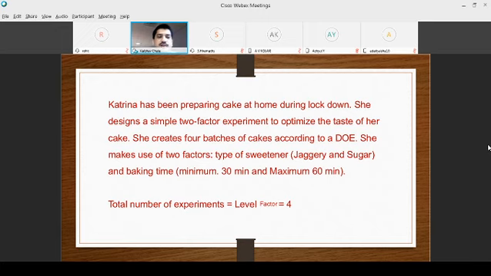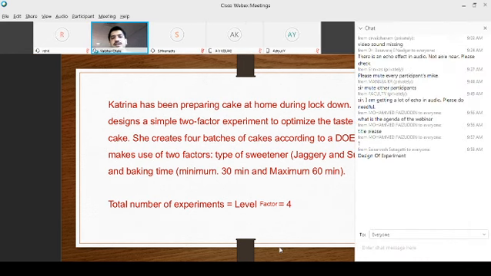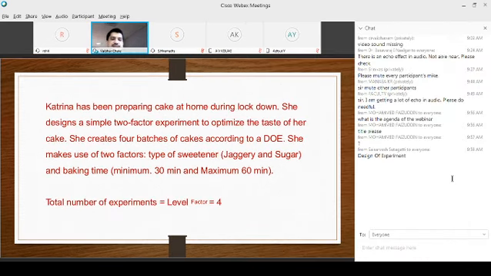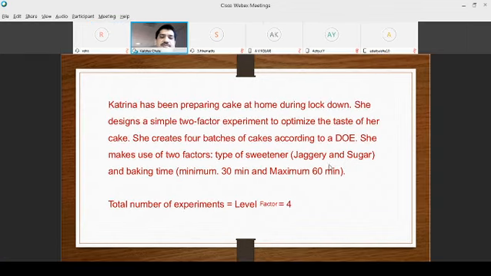Below 30 minutes, whatever the materials are there, those things may not get baked. If I am going to have the maximum time greater than 60 minutes, whatever the materials are there will get over baked, or the color itself might get affected. Forget about the taste, everything will get burnt. So that is the reason why we are going for a minimum of 30 minutes and a maximum of 60 minutes. One more factor we can consider is temperature. Now at present, we are not going for 3 factors. Just to make you understand, I have taken only 2 factors.